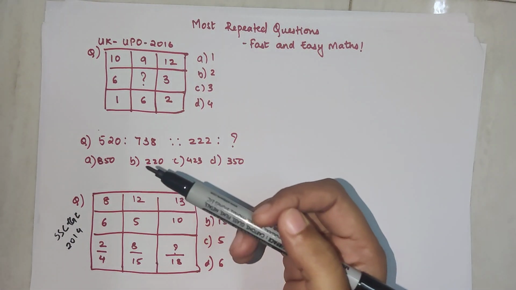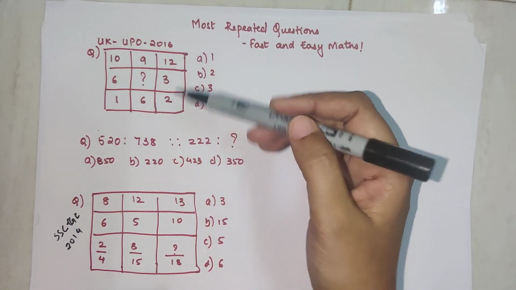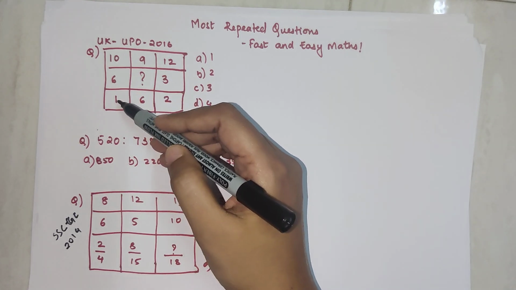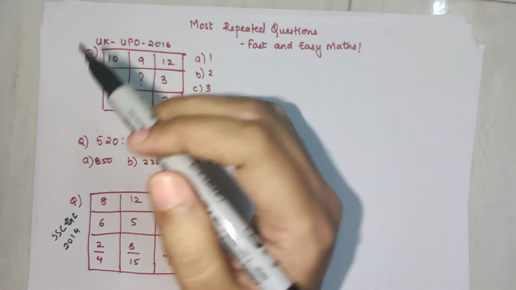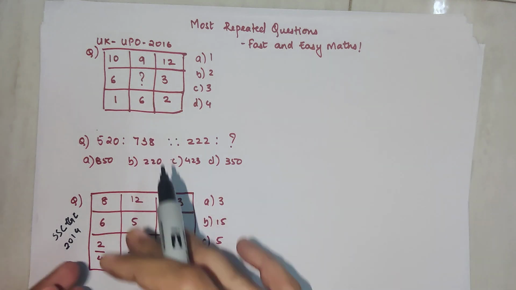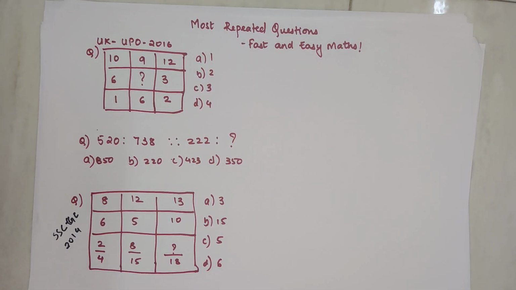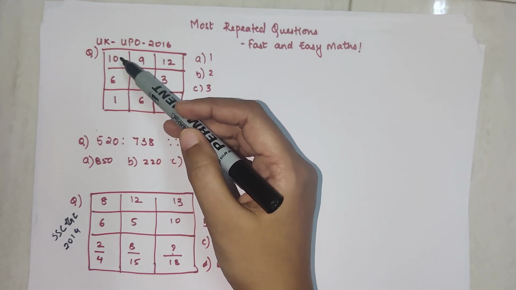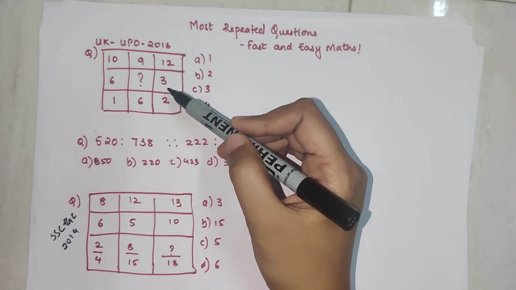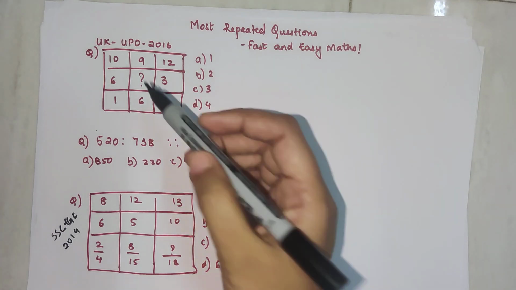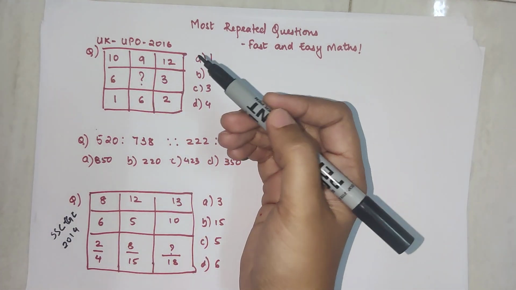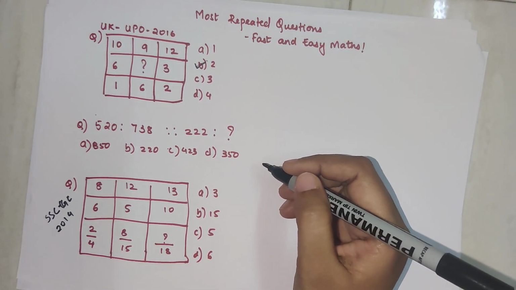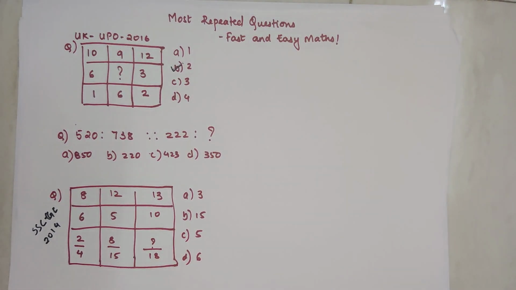The next approach you can think of is the vertical total, or 3 into 2 square gets you 12, then 6 into 1 square will also get you 6 only, so 10. That is not working, in case any of you had that idea. But let's see what happens when you do a vertical total. So 10 plus 6 plus 1 gets you 17, 12 plus 3 plus 2 also gets you 17, then 9 plus 6 gets you how much? 15, and then you should add how much? 2 to it to get your answer, which is 17. So option B is your correct answer.